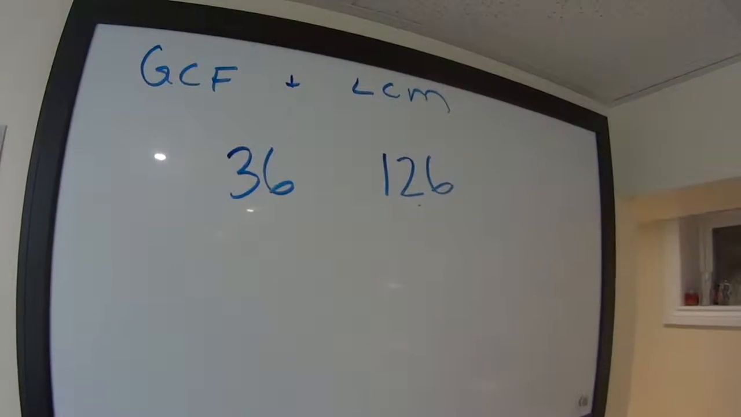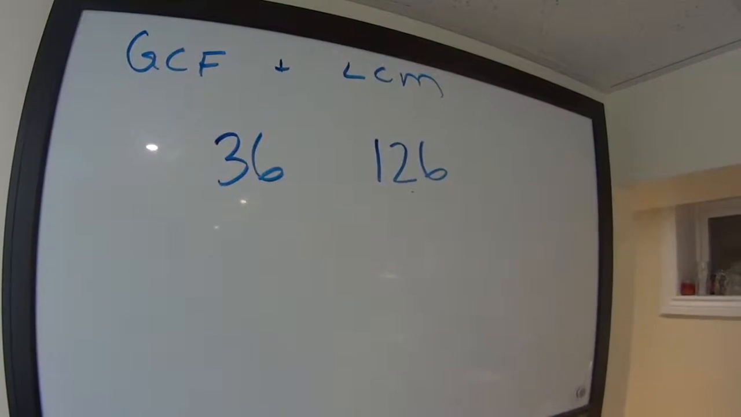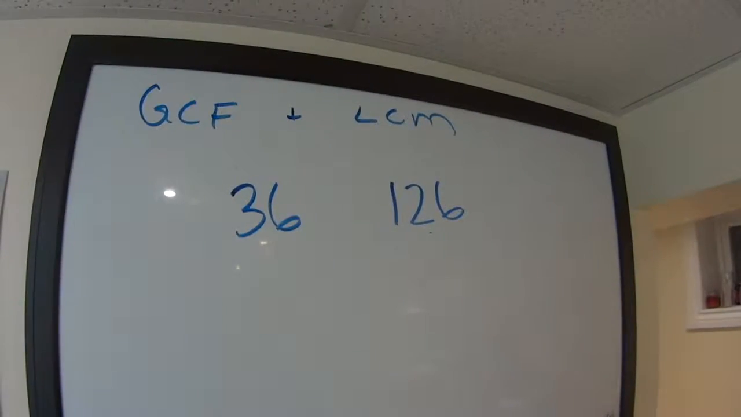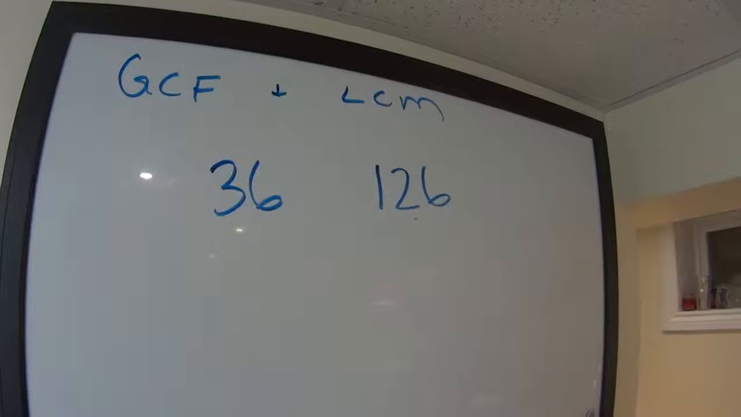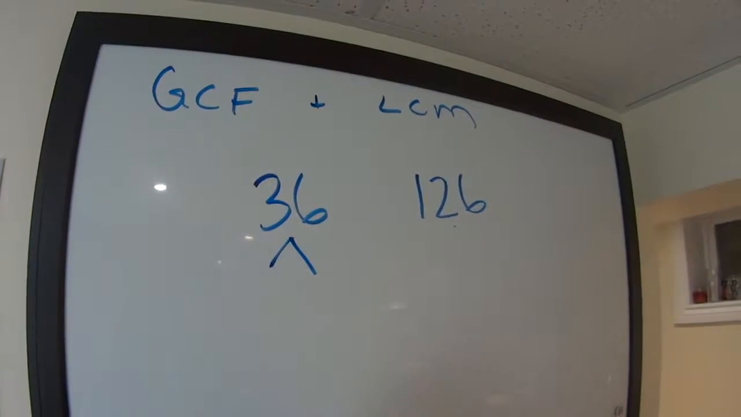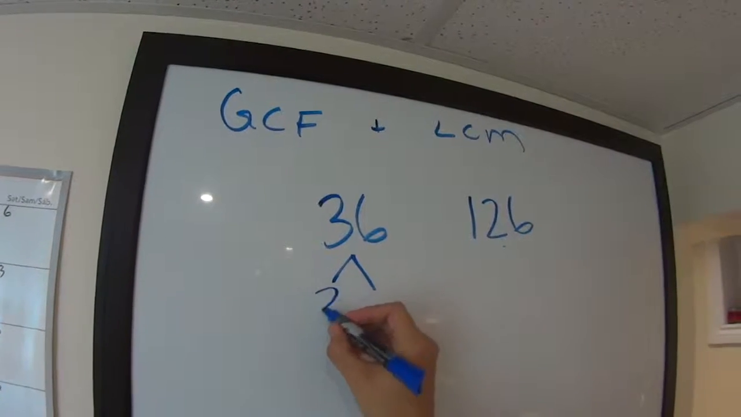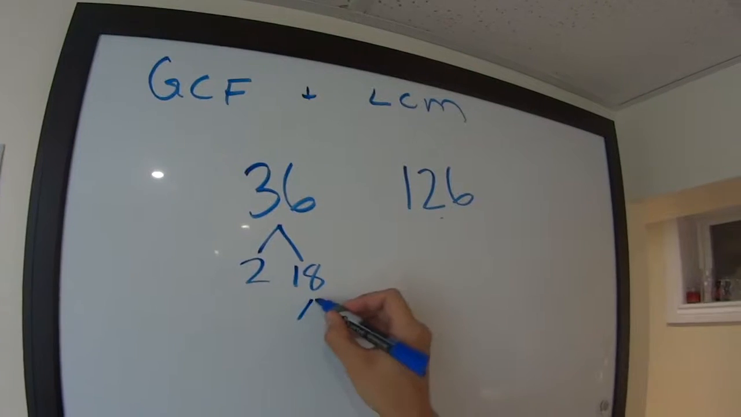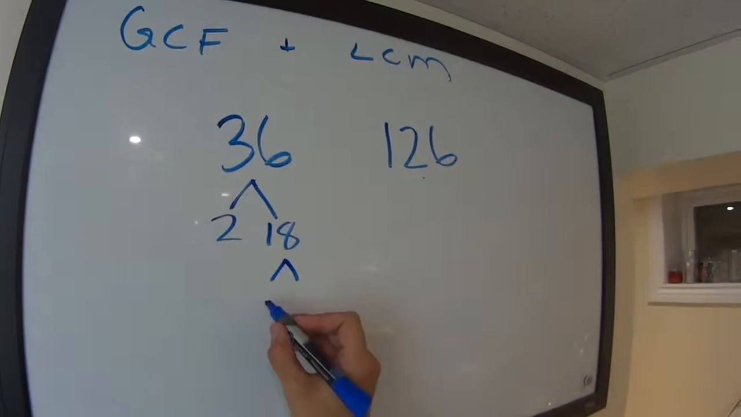All right, class, greatest common factor, lowest common multiple. First things first, we're going to be doing it through the numbers 36 and 126. So start with our little tree. Prime factorization, 2 and 18. 2 times 18 is 36. Next will be,